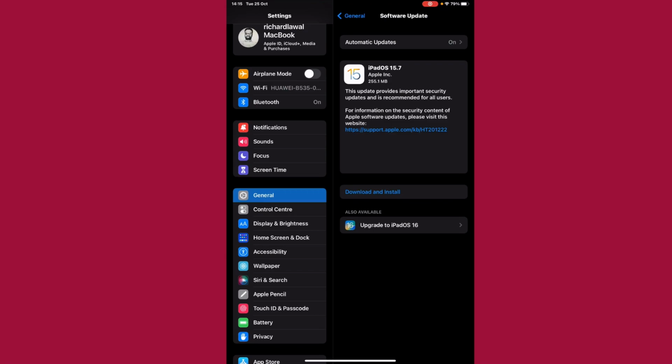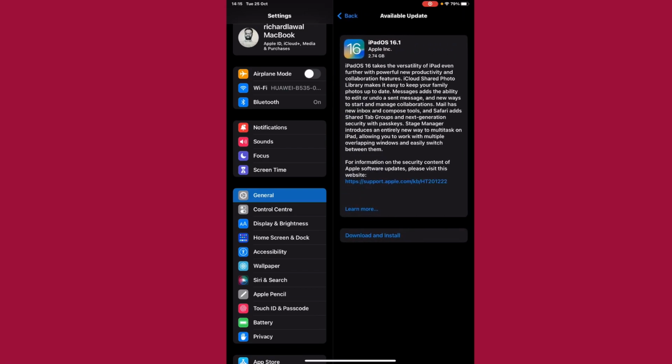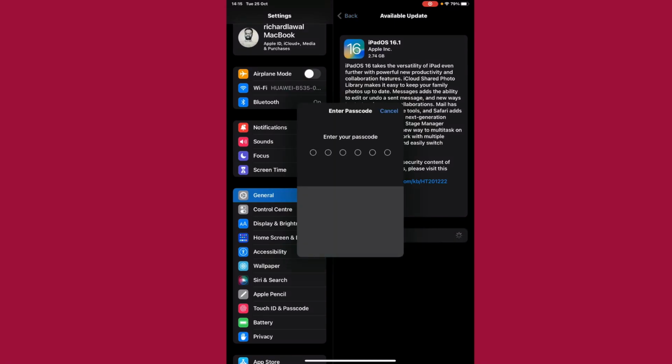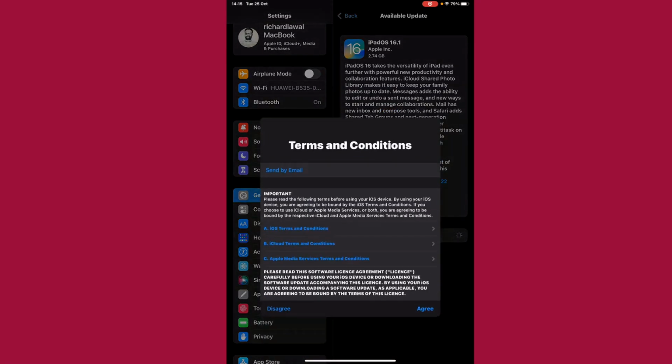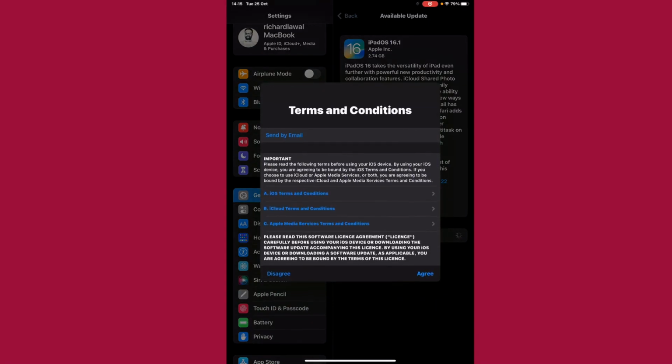I'm going to upgrade to iPad OS 16 because this is the latest software. So I'll just tap on iPad OS 16, download and install. I'm going to input my passcode. Gonna agree to the terms and conditions,